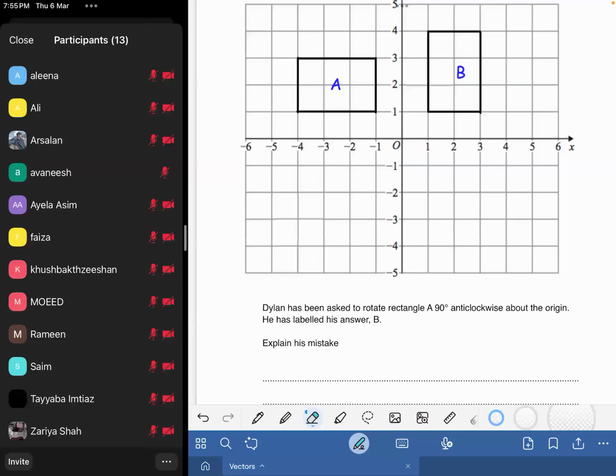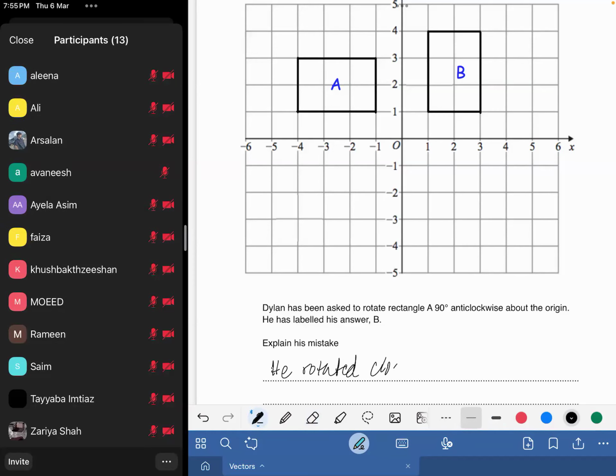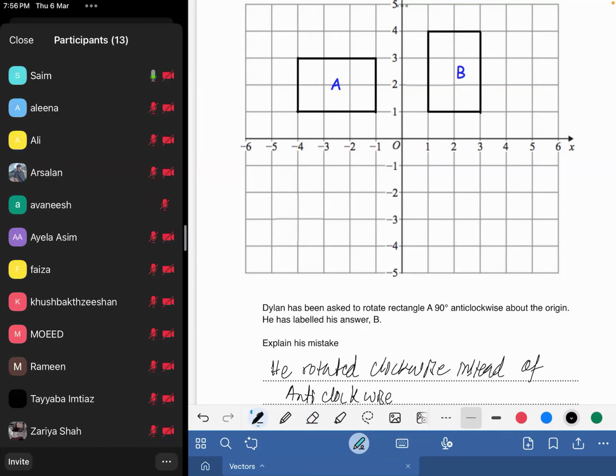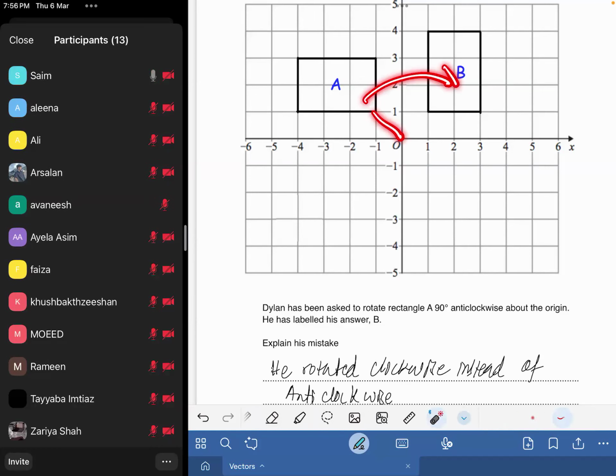Everybody. Ayla, Khushi, ये Rami. तो मेरे ख्याल से रोटेशन क्लॉकवाइज हुई ना। Yes, he rotated clockwise instead of anti-clockwise. तो ये बात समझ आ रही बेटा? सर कैसे? देख लो ना बेटा, आपको ये नजर आ रहा है ना कि ये ट्राइंगल ए जो है वो राइट साइड पे रोटेट हुआ है, ये क्लॉकवाइज रोटेशन है। एंटी क्लॉक पे इसको नीचे आना चाहिए था।